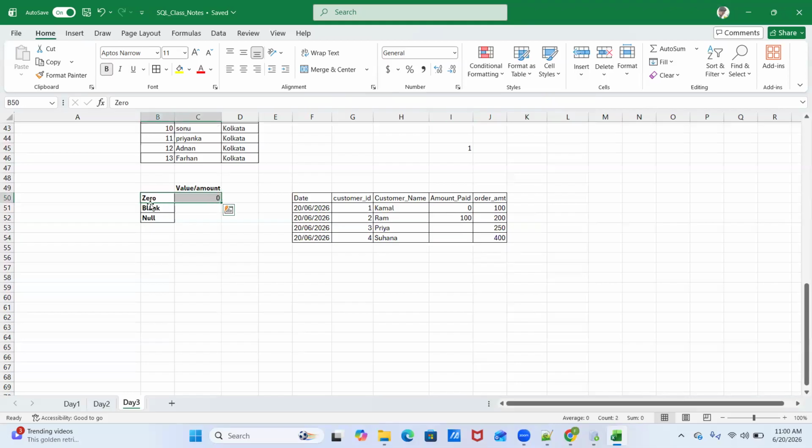You understood blank. Now I'm explaining null. So what should he say? So he will keep the value as null. Why? Because